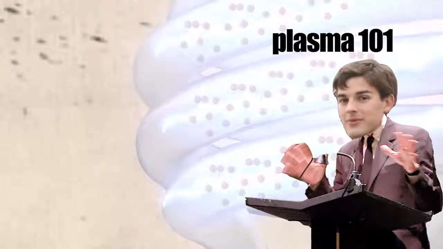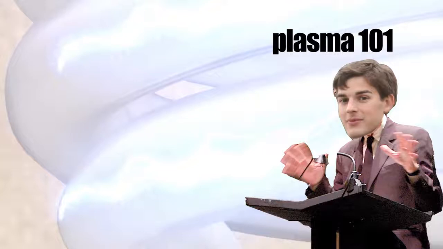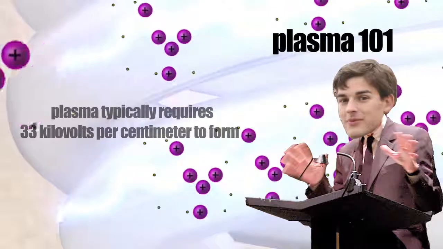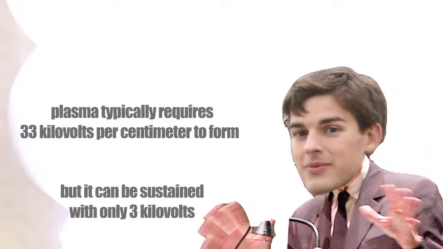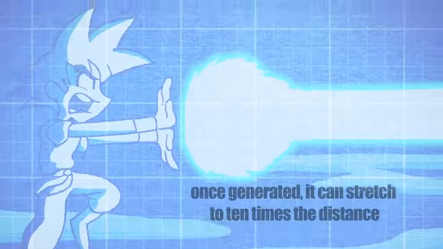To convert any gas to plasma, including air, there's a big startup energy, typically around 33 kilovolts per centimeter. But once the plasma arc's been created, it can be sustained with only a tenth of that energy: 3 kilovolts per centimeter. By that same principle, the arc needs to be started next to its energy source, but once there, it can be drawn out to 10 times the distance from said source,